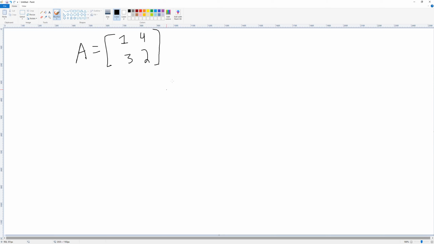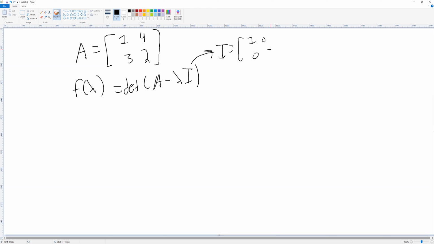To find the characteristic polynomial, which is how we solve for the eigenvalues, we need to find an f of lambda that equals the determinant of A minus lambda times the identity matrix. Remember that the identity matrix I is equal to 1, 0, 0, 1. It's the equivalent of the single number 1, except for a matrix. So this determinant is going to be equal to